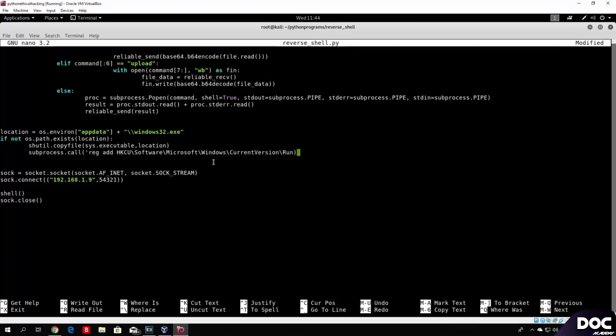Then space, the normal slash small v, then the name of the actual registry key that you want to create. So I will just call mine, in this case, backdoor. It doesn't even matter, call it anything you want as long as it is one word. Then the type of the registry key we are creating, it is REG_SZ. I will show you later on where you can find all of this. We also need to specify the /d option, then close double quotes, then close single quotes,